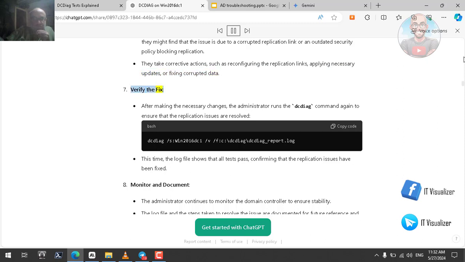Verify the fix. After making the necessary changes, the administrator runs the DCDIAG command again to ensure that the replication issues are resolved. DCDIAG /S:Win2016DC1 /V /F:C: